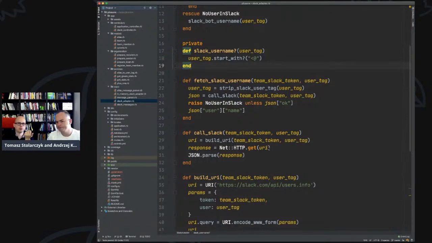Then take a look: if you have some kind of abstraction of the client, you call it Slack client, and it's some kind of interface. In Ruby you also have interfaces, we have them implicit, but okay.